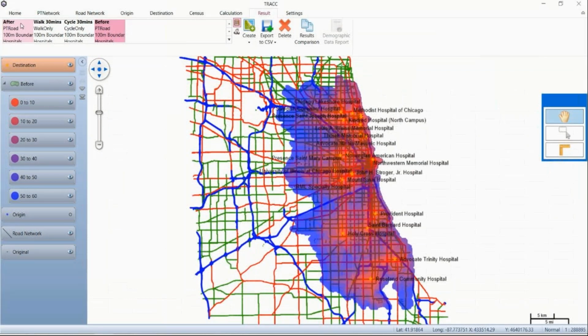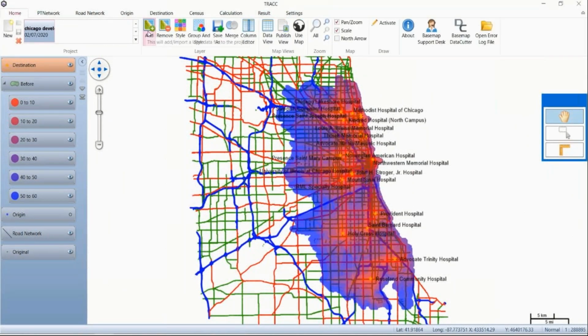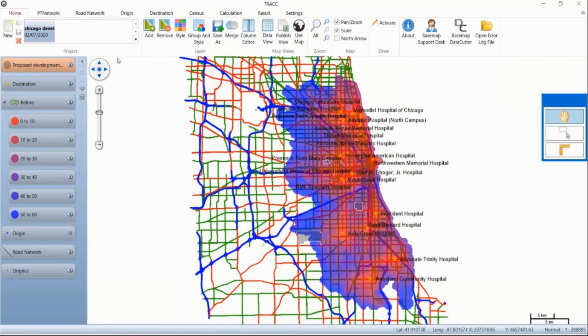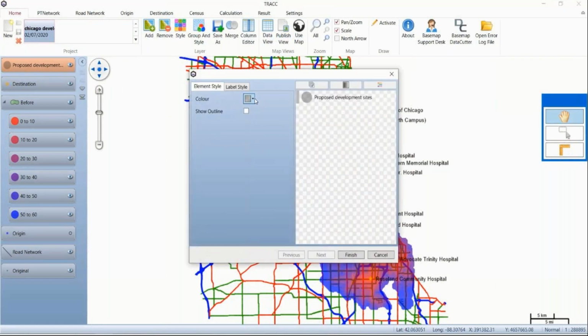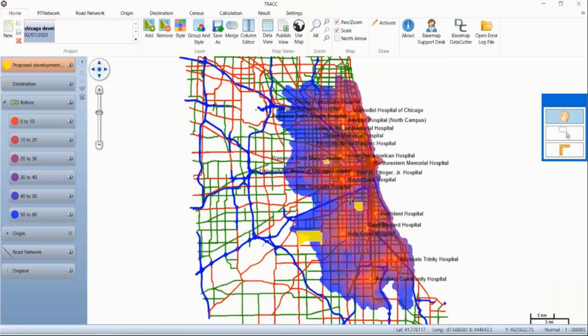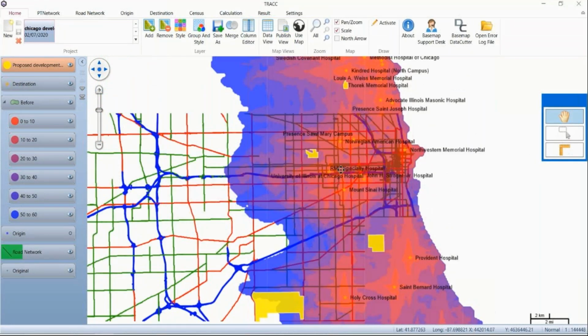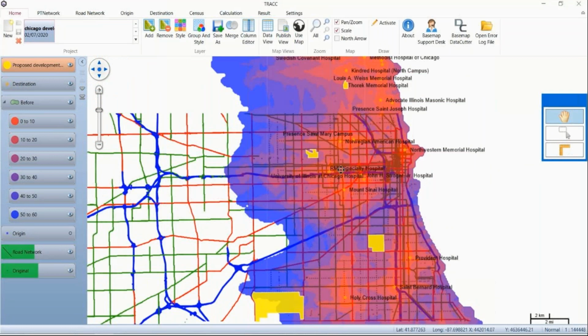So let's go back, and what we're going to do now is add in some proposed development sites. So we've just created some imaginary points, areas. I'm going to make them yellow so they stand out. And these effectively could be areas where new housing is going to be developed. So I've just created a few here, and we're going to concentrate on the one that's down in the bottom left,